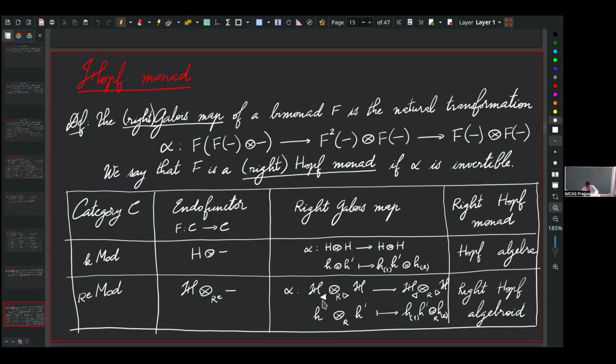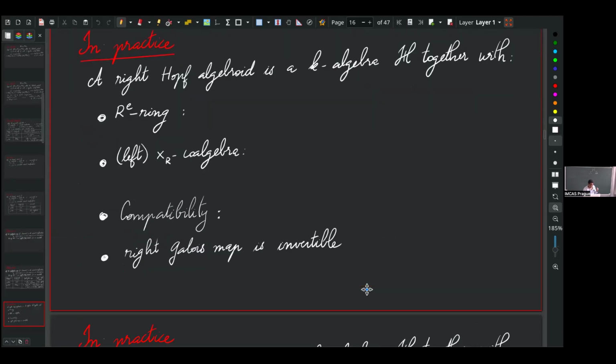And when I write it like this, I mean that on the left, I use the right black action, and on the right, I use the white action. So maybe this is like basically for the